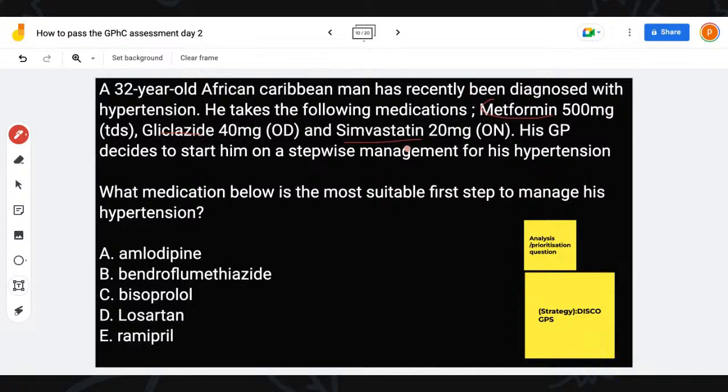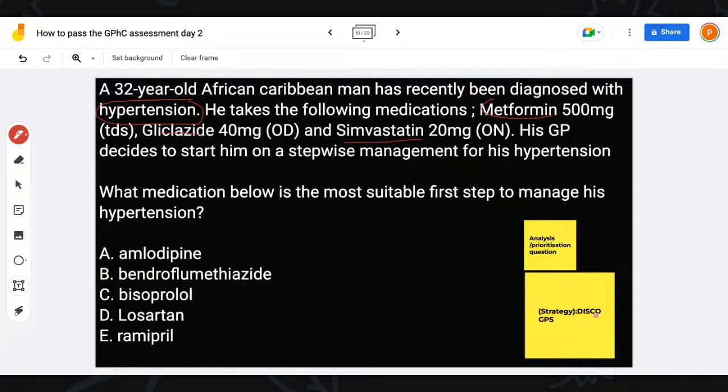There is a condition in there. We're looking at diabetes. So this is the information the drugs are going to give you. Any issue? Can you guys say any issue? What is the issue with the patient? This patient has recently been diagnosed with hypertension. There is hypertension there. If you do it this way, I promise you, you're going to smash all these questions. So there's an issue, and you highlight that it is hypertension.